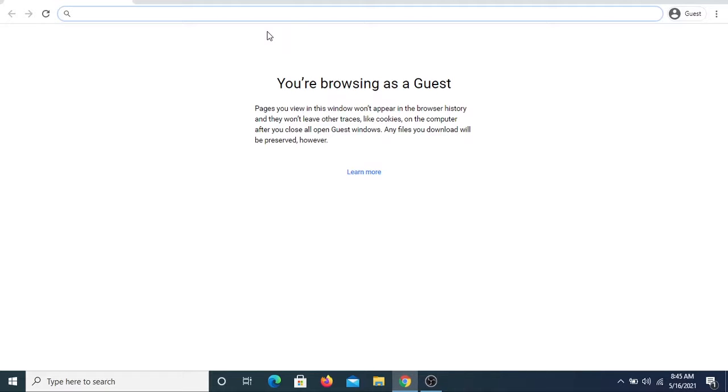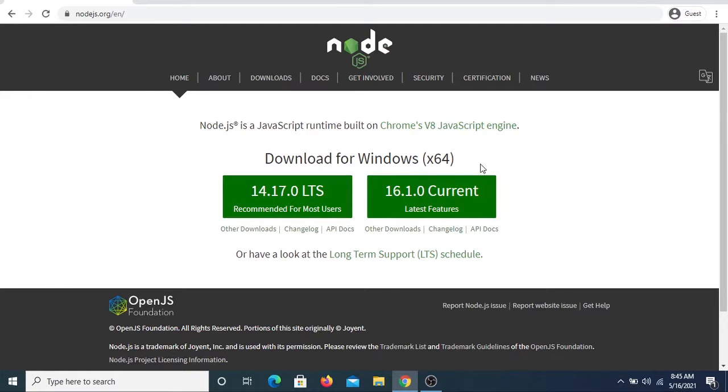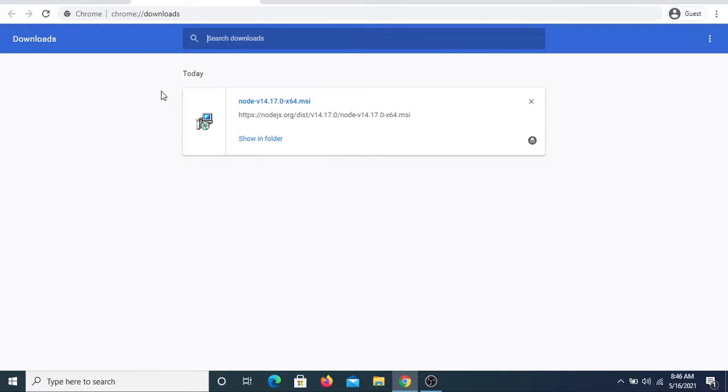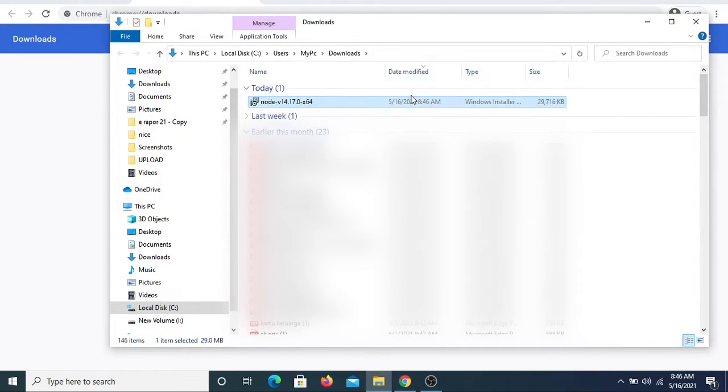So first of all, you should go to nodejs.org, and yeah, we're already given a choice here. So we choose the LTS, long-term support, choose this one, and just gonna wait until the download is finished. Once the download is finished, we go to the directory where the file is located, and